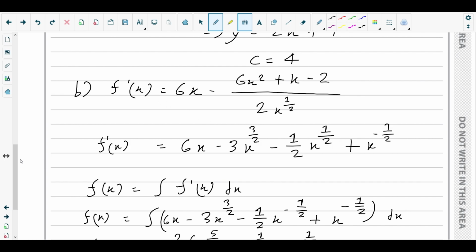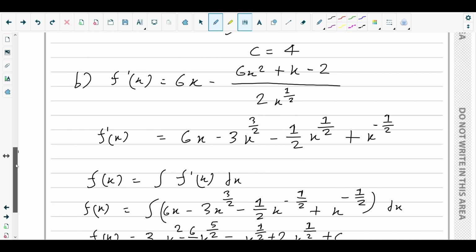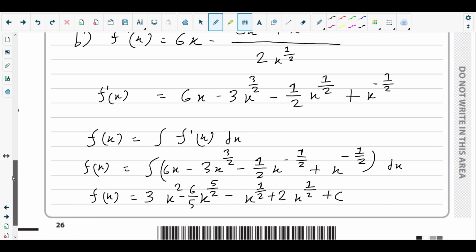Okay, so negative half of x to the power half. It should be x to the power half. Integration of x to the power half would give you x to the power 3 over 2. So negative half over 3 over 2, that is negative half times 2 over 3, which gives you negative 1 over 3. So negative 1 over 3, x to the power 3 over 2 plus 2x to the power half plus